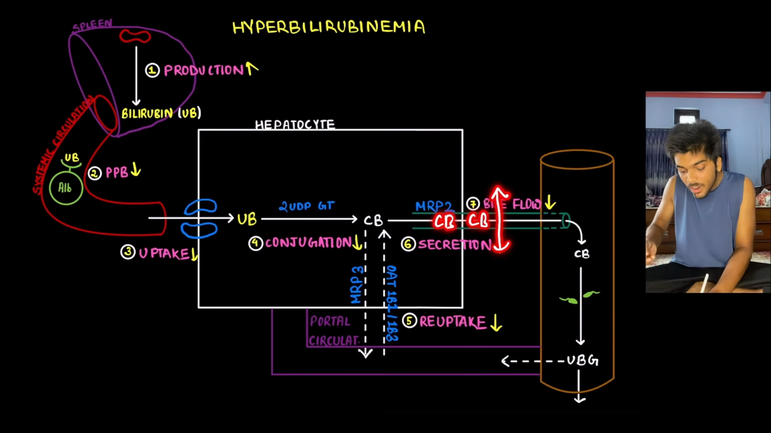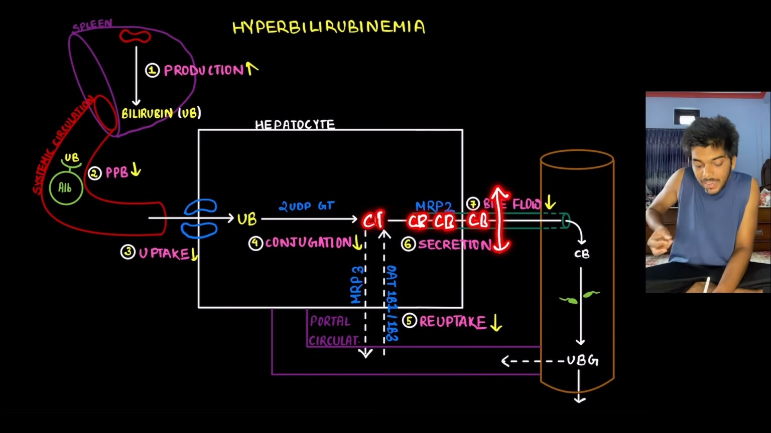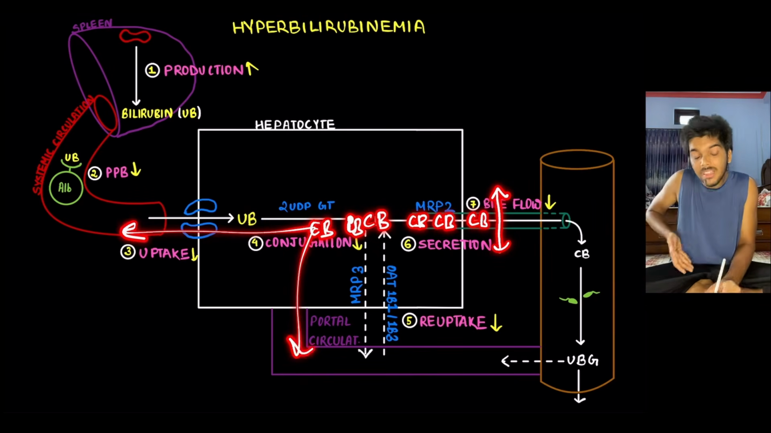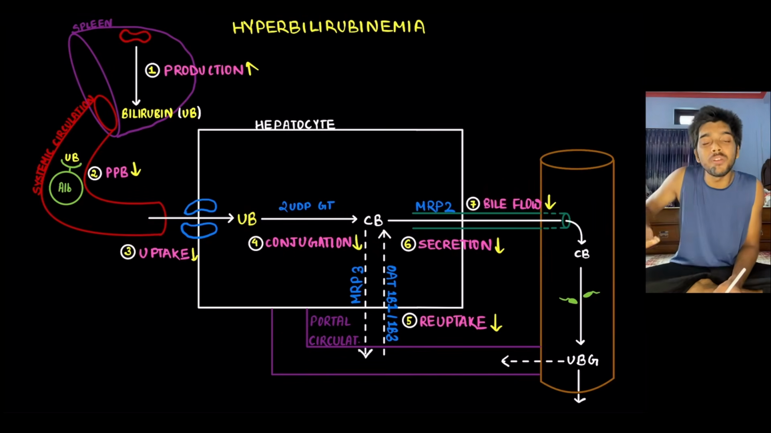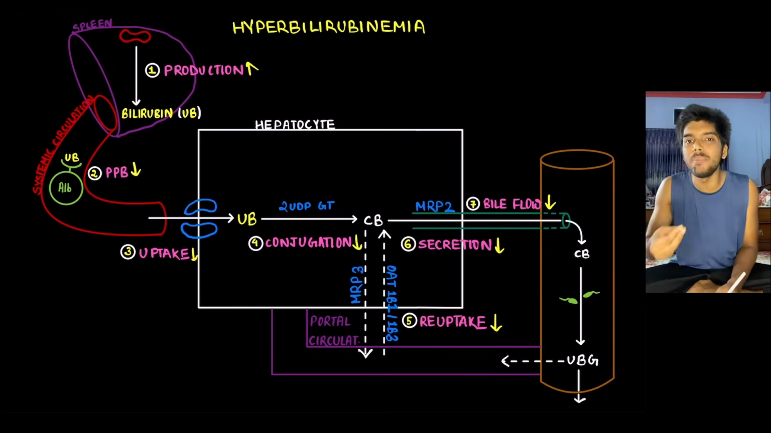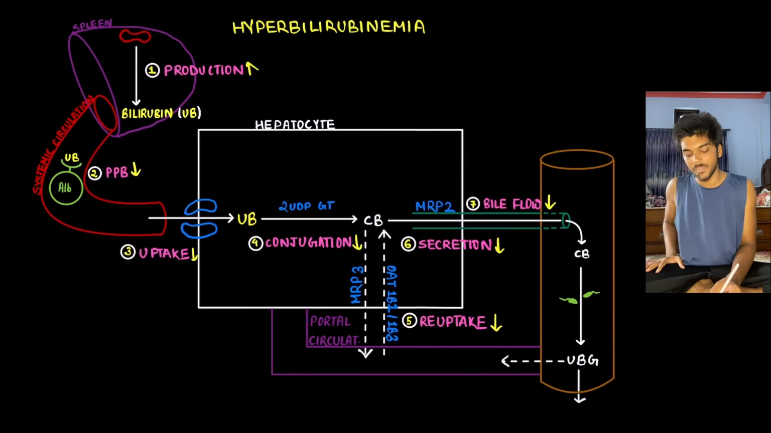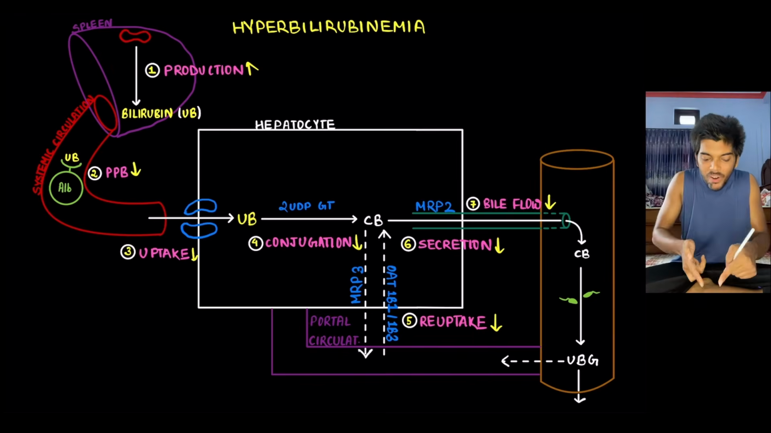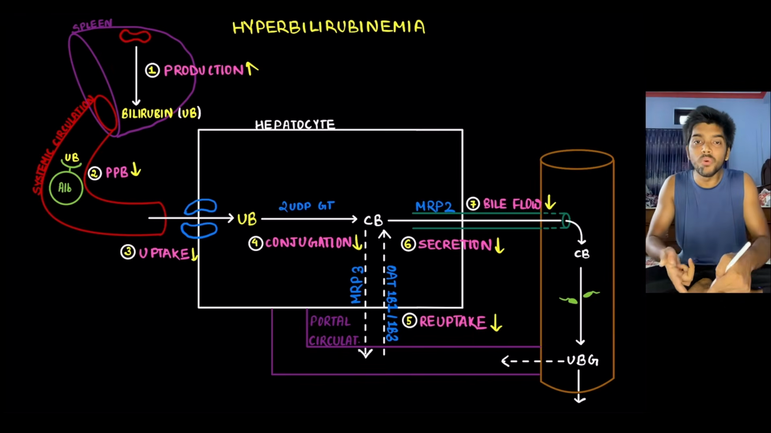Conjugated bilirubin will get accumulated. It will be pushed back, accumulated and pushed back into the circulation. Rise in conjugated bilirubin in circulation. Conjugated hyperbilirubinemia again. See? At each point of the metabolism, I showed you the defect leading to increase in level